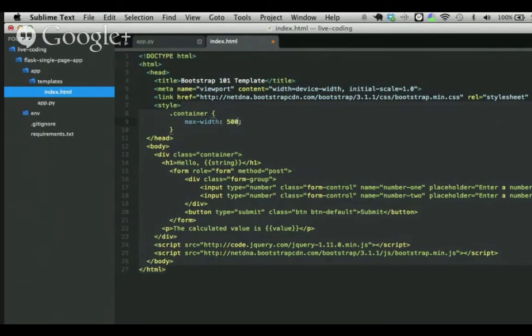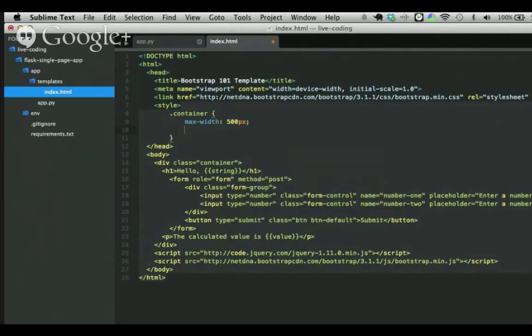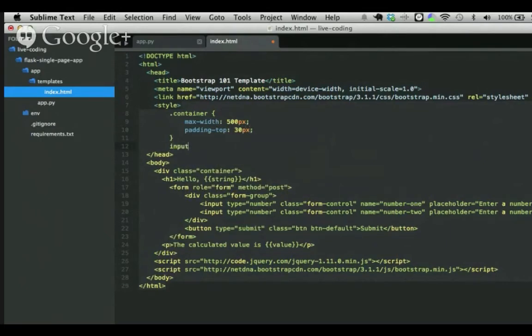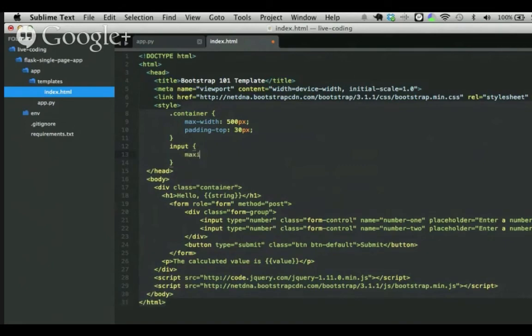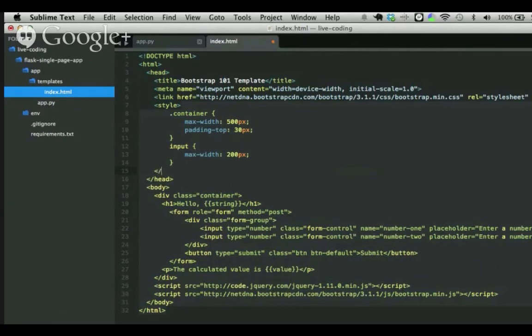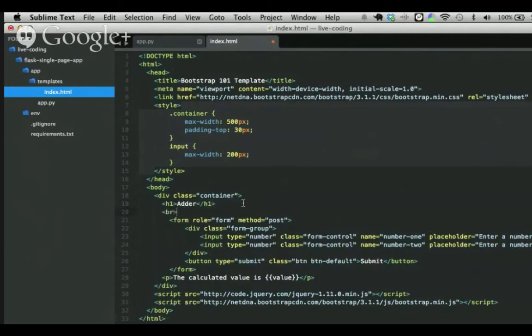We'll set it to 500 pixels. And then let's add some padding to the top. Let's say 30 pixels. And then for the input, let's do a max width on that. And we'll say the max width is 200 pixels. Go ahead and close this here. And let's see what else. So how about we update the H1 element here, call this adder, break in here.